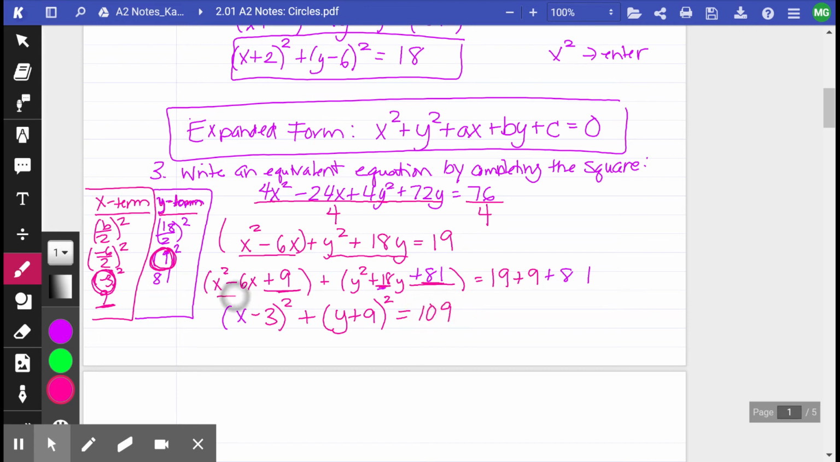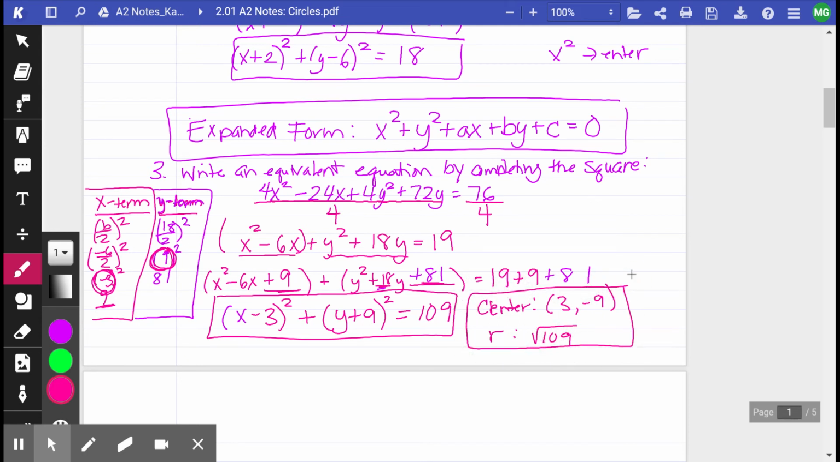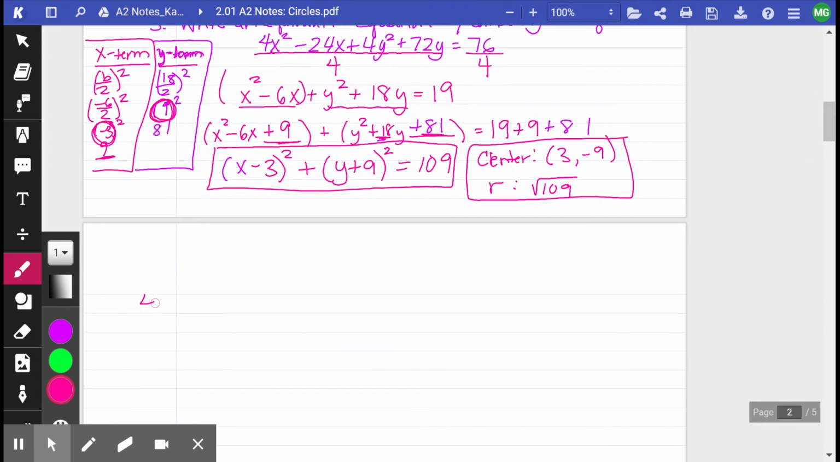And now we are in center radius form. So now I can easily identify what my center is. So my center, I take the opposite sign, so it'd be 3 and then negative 9. And my radius would just be the square root of 109. So once we get it into this form, it's easy for us to identify the center and radius, hopefully. But the hard part here is getting it into that form. So let's do